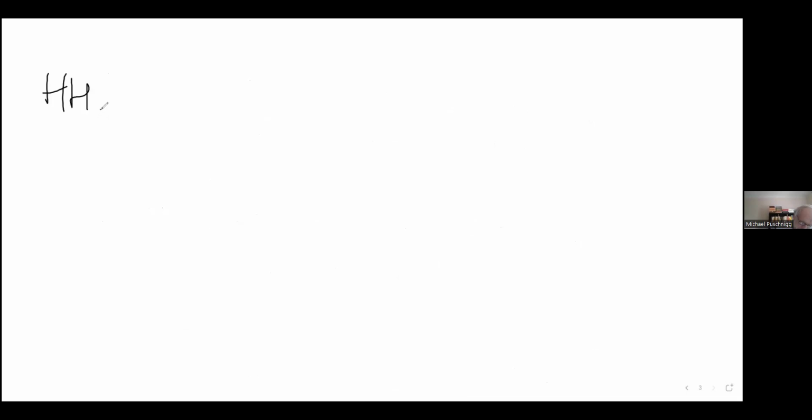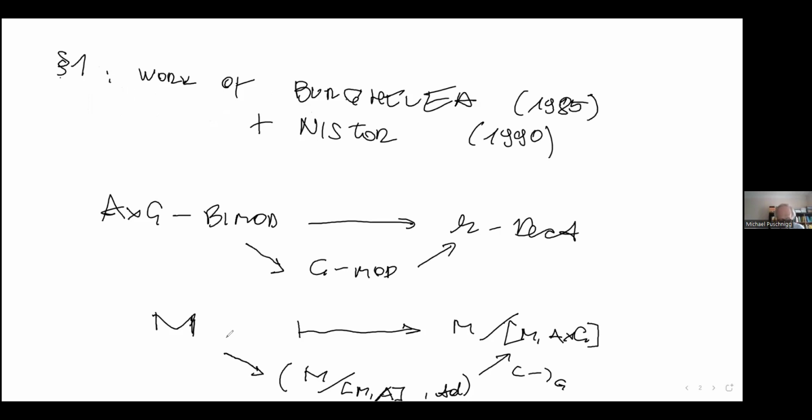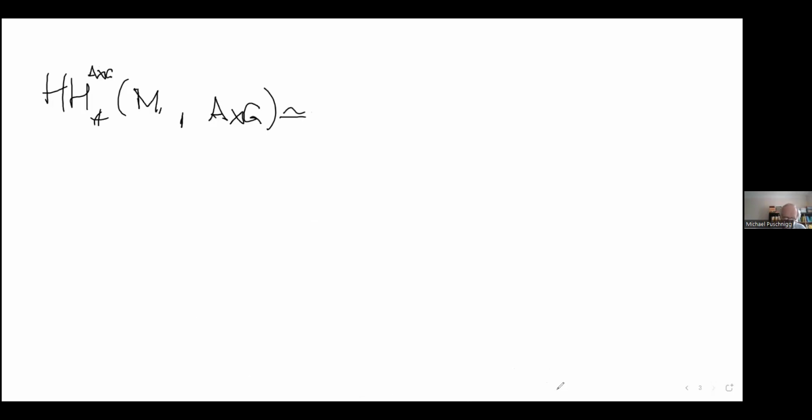H star, Hochschild homology of the pair M and the A cross product with G viewed as bimodule over itself. So we are here over the cross product. That this is isomorphic, so you just have to compose the derived functors of the individual functors here. Now the derived functor of passage to G co-invariance is just the group homology, or here, because we apply it to a complex, it's the hyperhomology